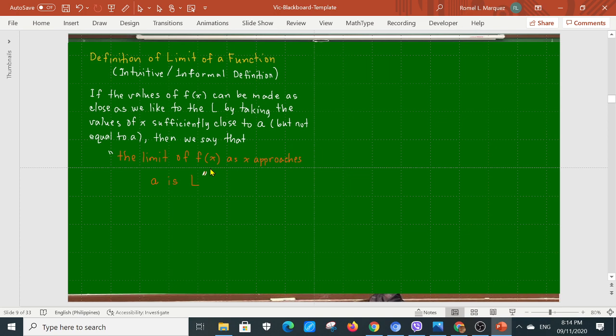So again, if you can make the values of f of x as close as we please to L by taking the values of x sufficiently close to a but not equal to a, then we say that the limit of f of x as x approaches a is L. And we write f of x approaches L as x approaches a, or equivalently,